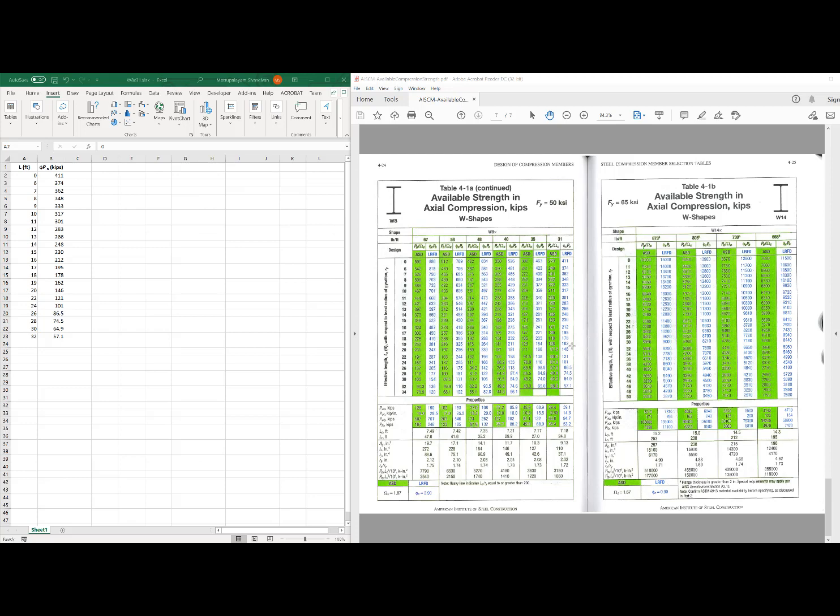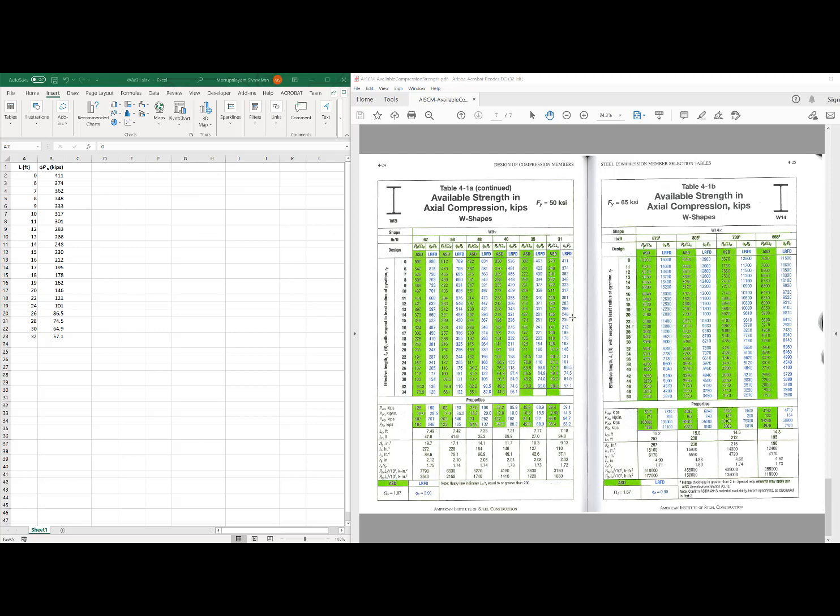So for example, if we wanted to look up the compressive strength of a W8x31 column of effective length 15 feet, we can simply go and look it up as phi times Pn is 230 kips. So for a column made out of a W8x31 cross-section of yield stress 50 ksi and of effective length 15 feet, we can look up the compressive strength